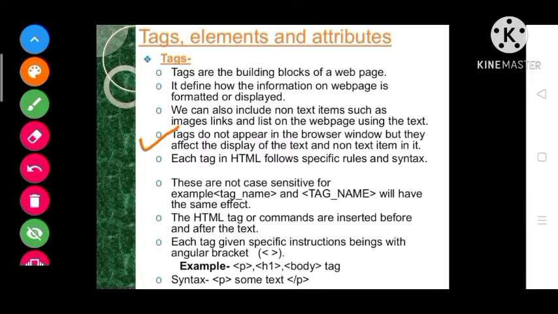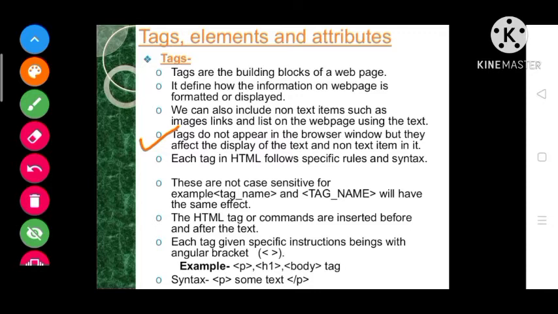Means we use tags in HTML code, but they do not participate in the output. They only give instructions to the web browser on how to display the content of the web page, but they will not come in the output of the HTML code.